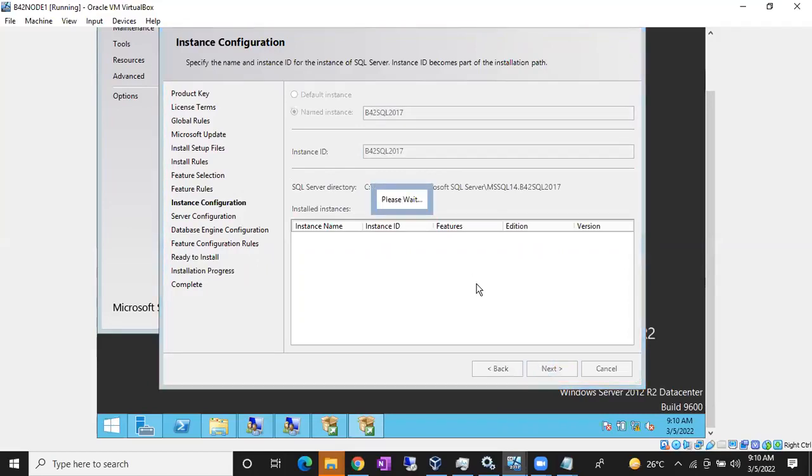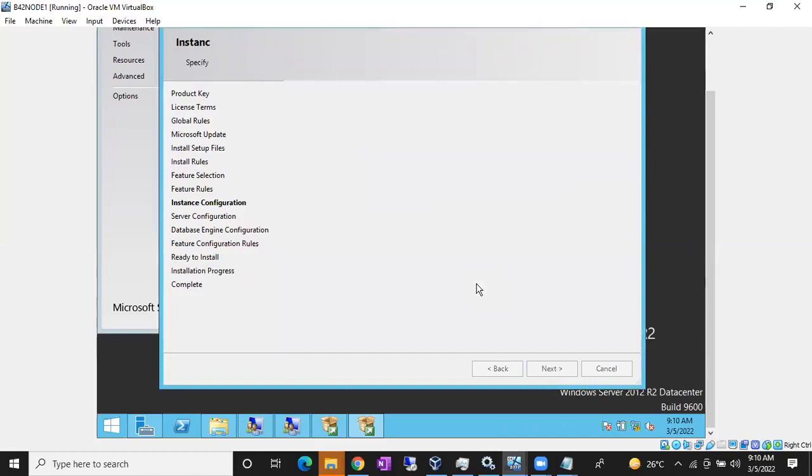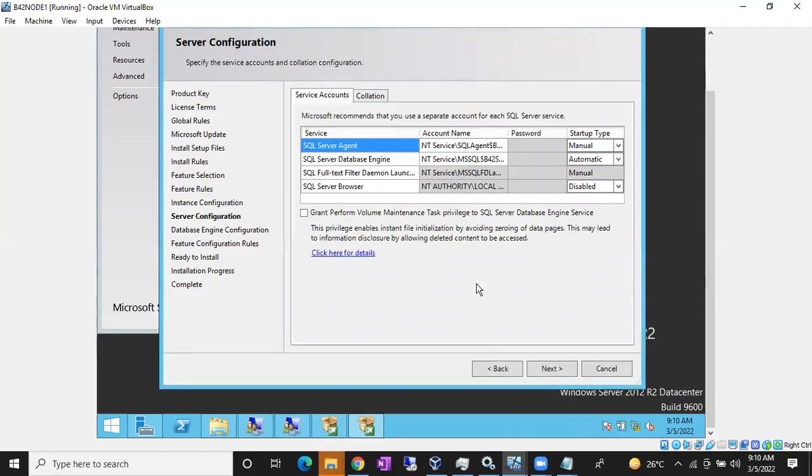I told you, right, why we have to install 2 SQL servers, guys? Any idea? Because node 1 is one machine and node 2 is one machine, sir. Okay. And we are syncing the data, right? We need to sync the databases. So for that, an instance should be there. Correct. Okay.